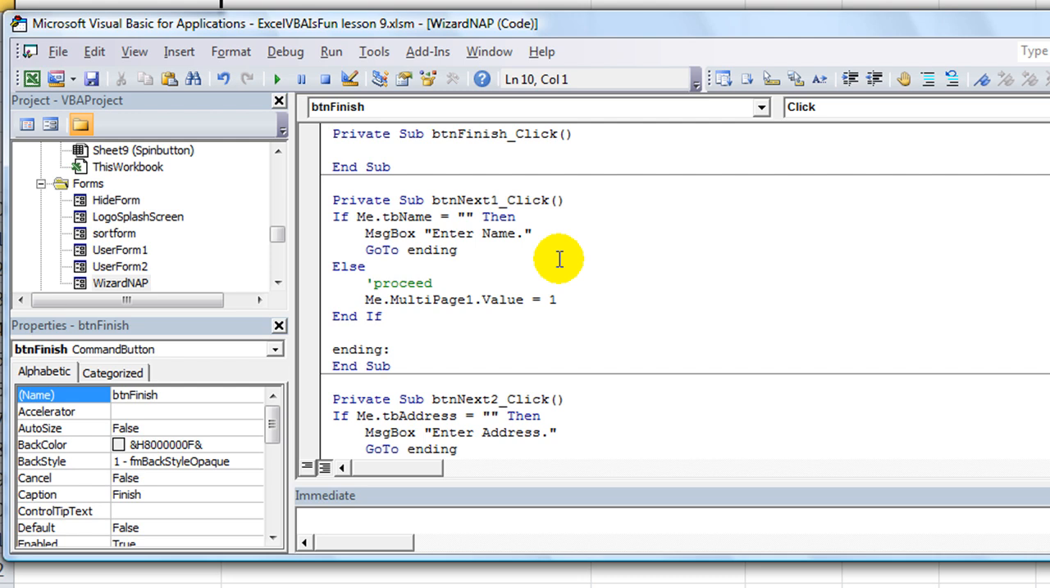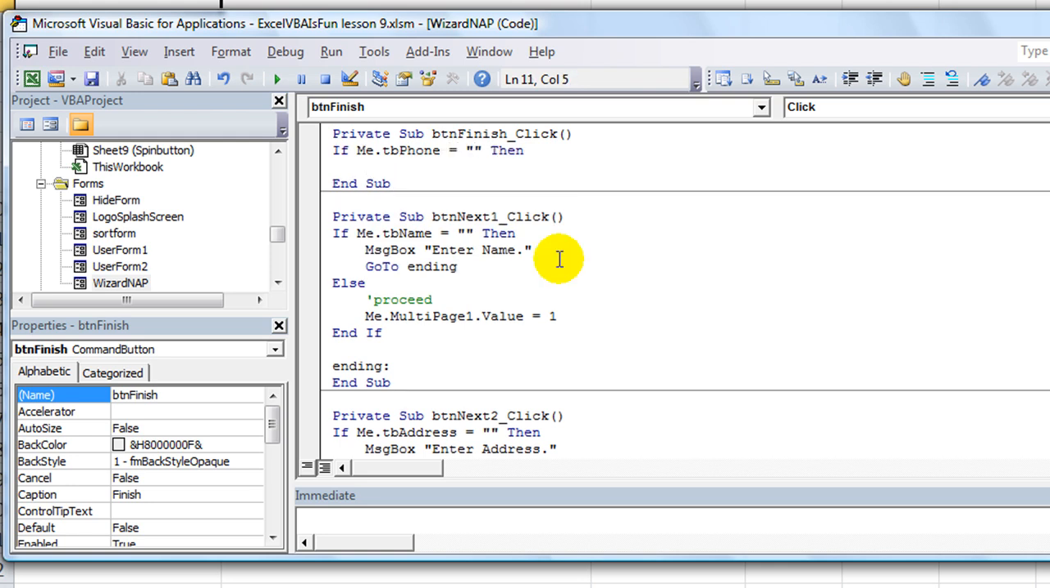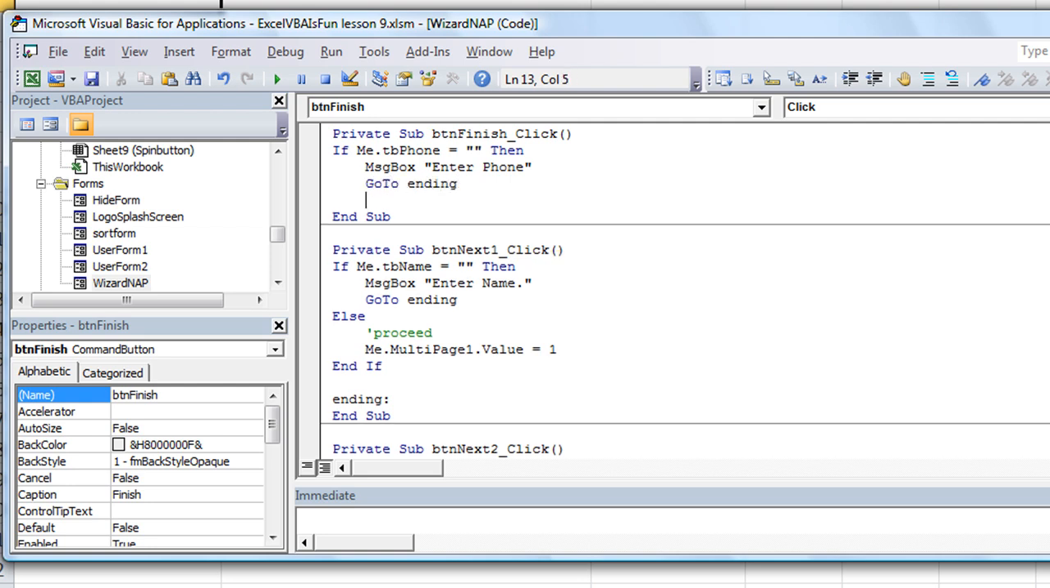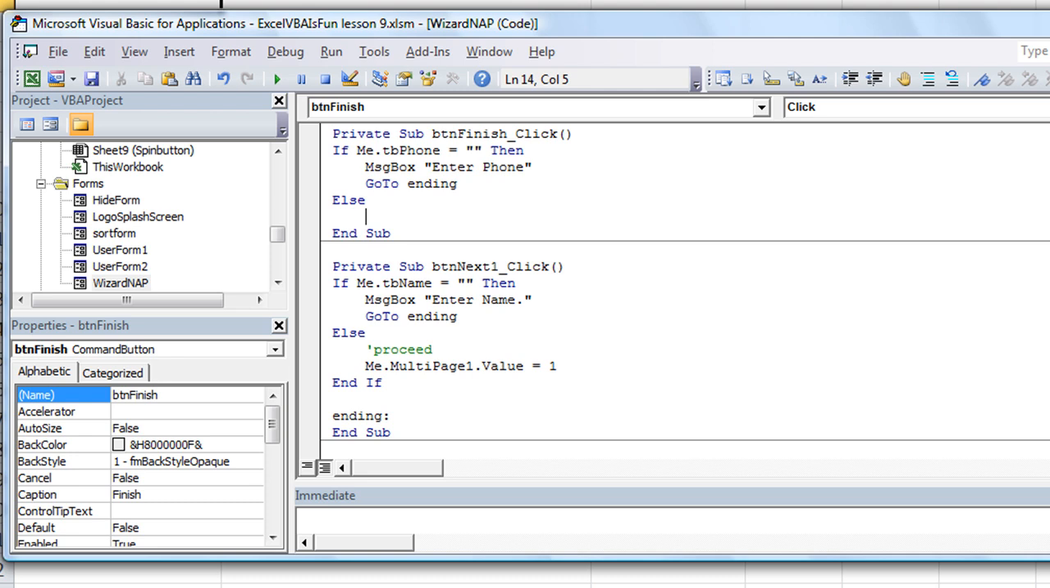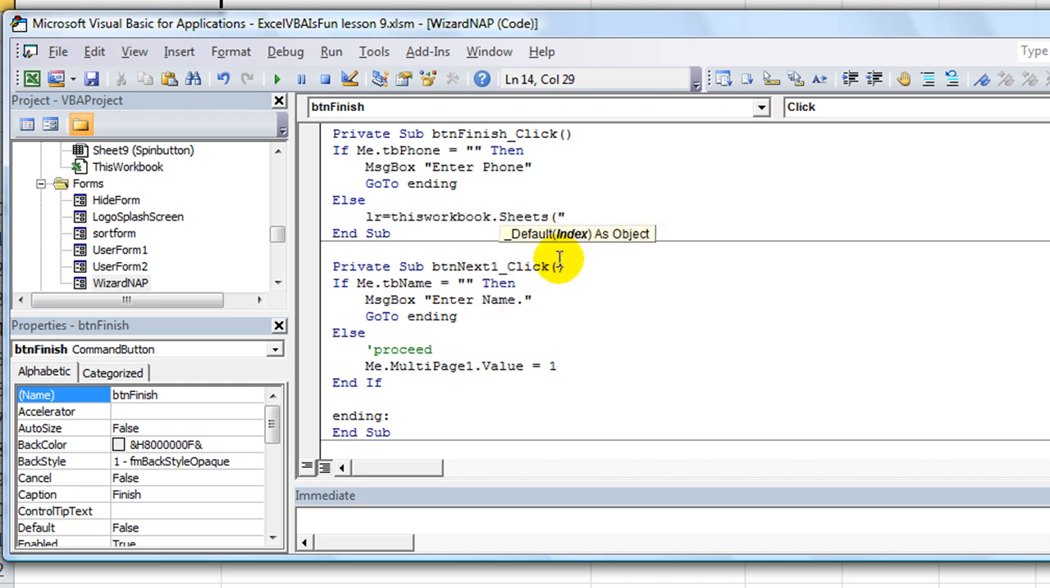So let's double click here. If me.tbphone equals blank, then message box, we're going to say enter phone, typical QC stuff, go to ending, else, otherwise we need to get our last row for that page. So without declaring any variables, we'll go through some of the last row stuff